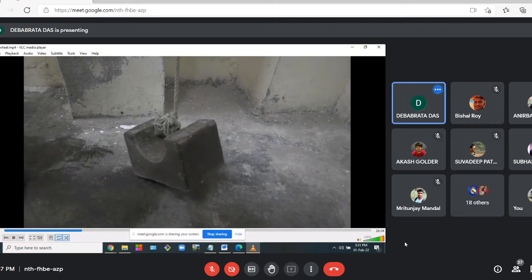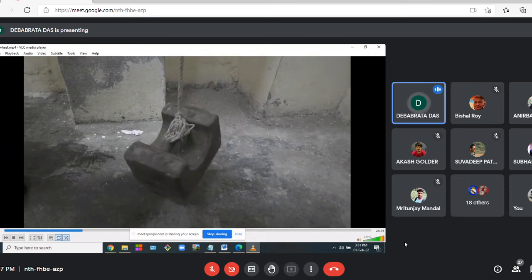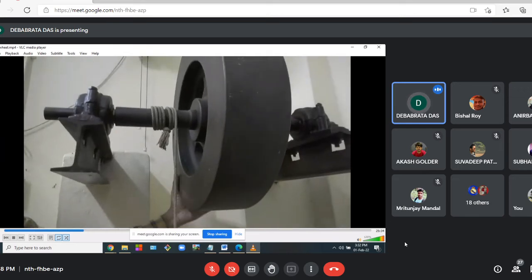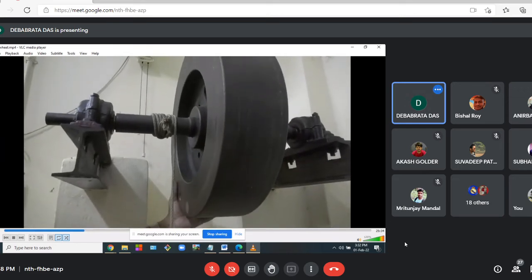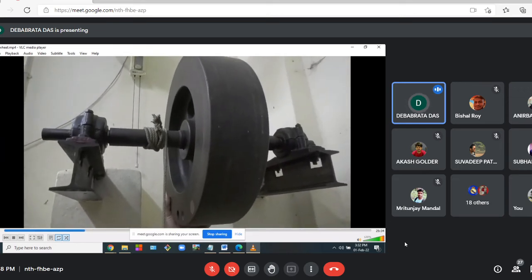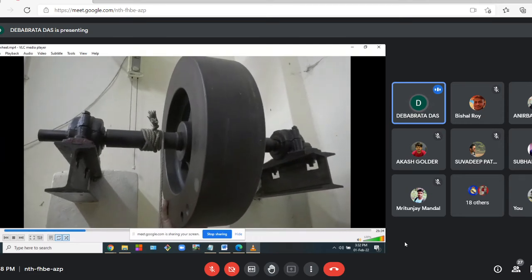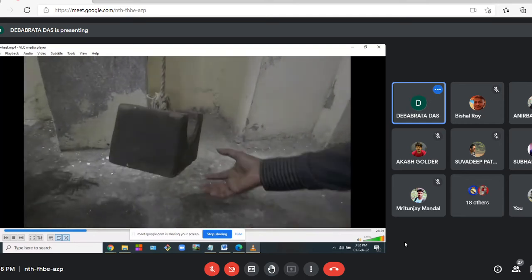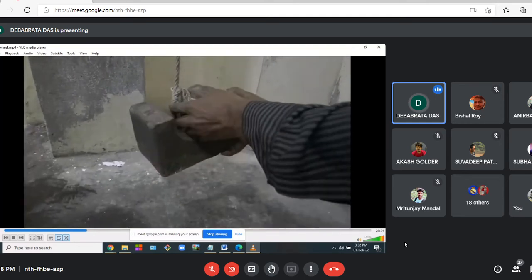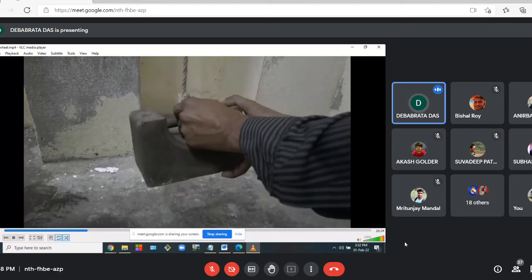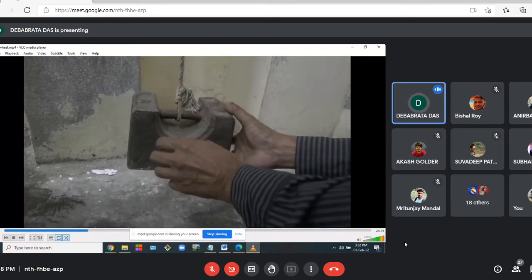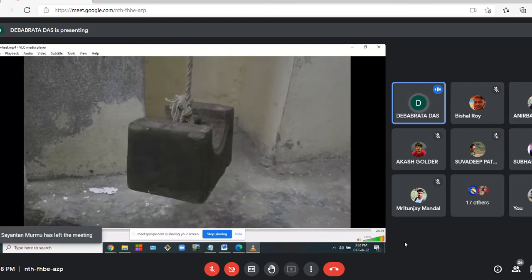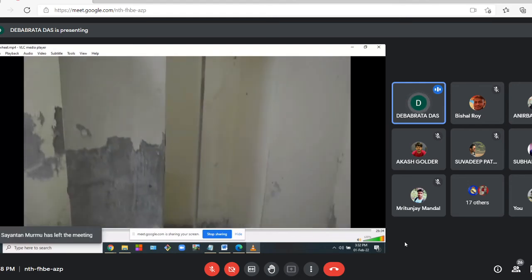Okay. So what we do, we raise the mass up to a predefined height by winding this wire around the shaft, and then this mass or weight is allowed to fall on the floor from the predefined height. Now see, this weight is hanging from the shaft through this wire. So I can feel this wire must have some tension developed.